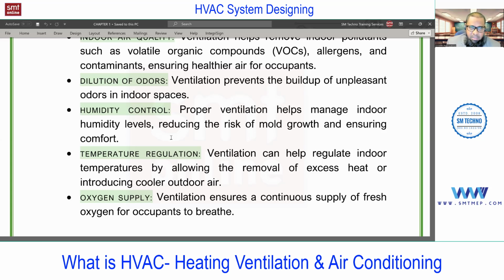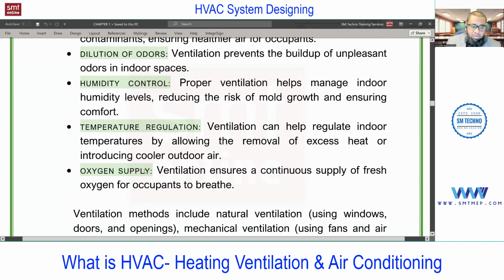Think that in the daytime the heat is transferring from outside to inside. So in the evening time, the heat is completely inside the building, and the outside temperature is less. So when we circulate the outside air to the inside, that will also help to reduce the temperature. We can take advantage of this by circulating fresh air, but not all the time. And no doubt, very, very important, oxygen supply.